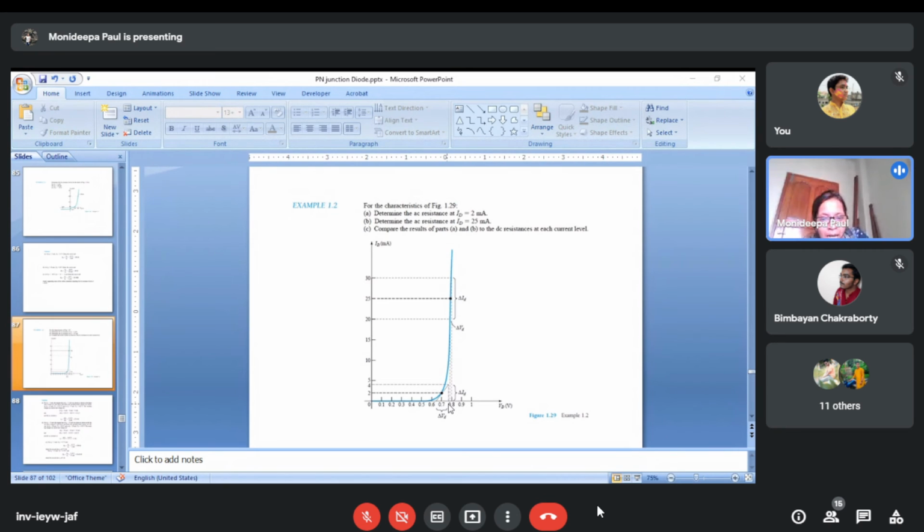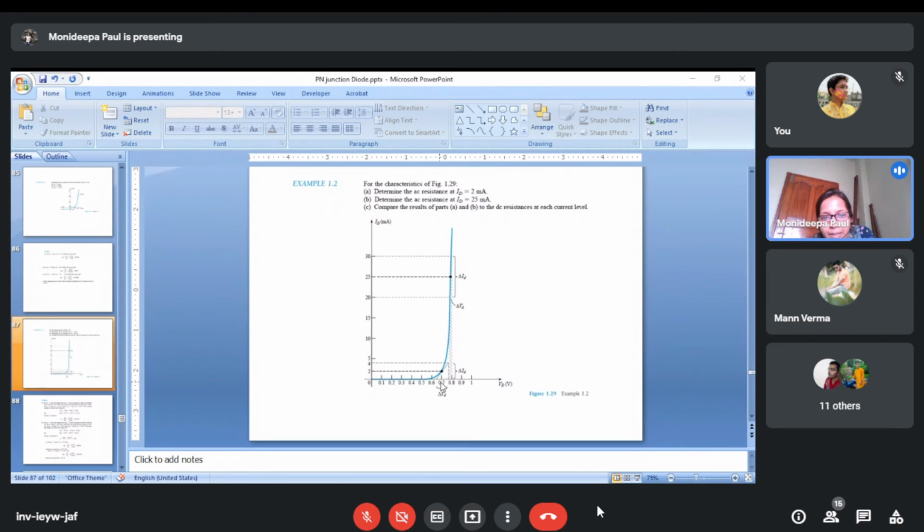From the graph, you see that graph. This is the 0.8. So this should be 0.78 or 0.79. So the voltage changes from 0.65 to 0.78 while the current changes from 0 to 4 milliampere. That means the change of current is 4 milliampere and the change of voltage is 0.78 minus 0.65. Clear? Yes, ma'am. Instead of considering the particular voltage, here we consider the change of voltage and the corresponding change of current.